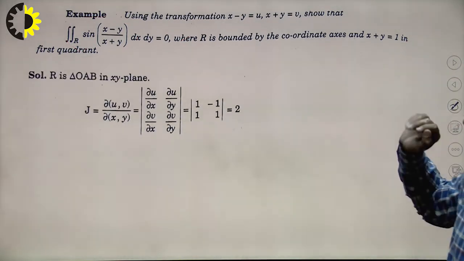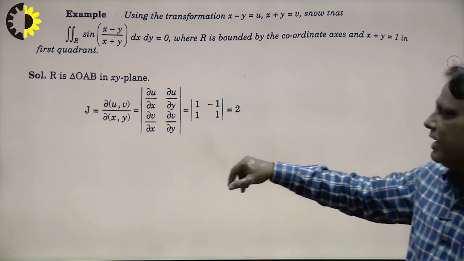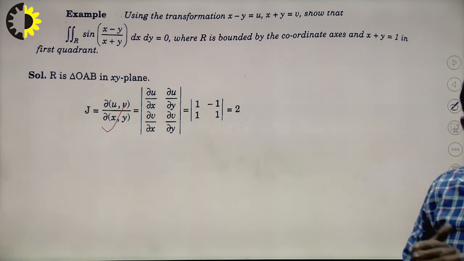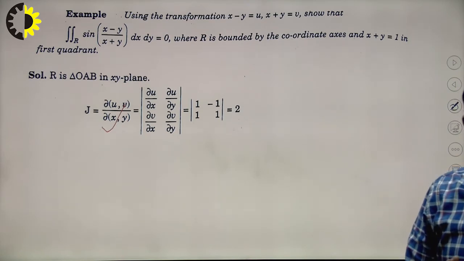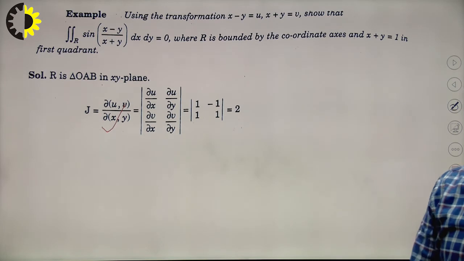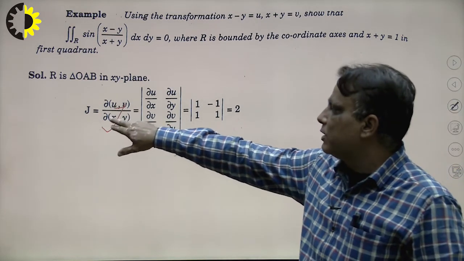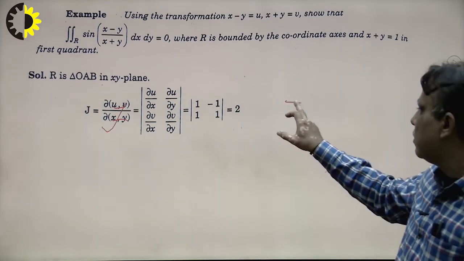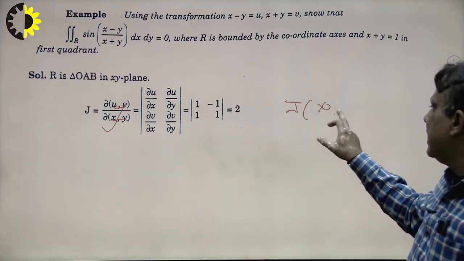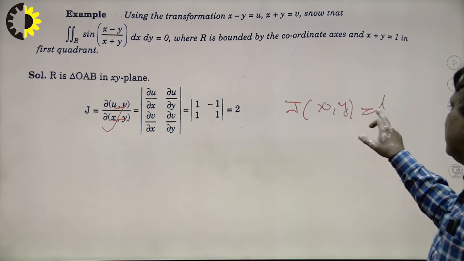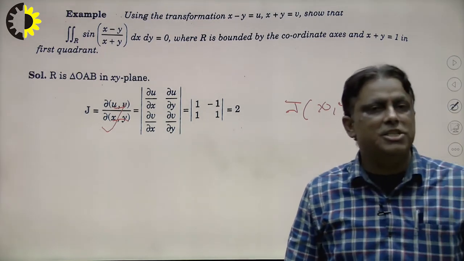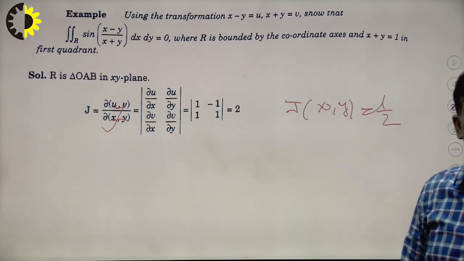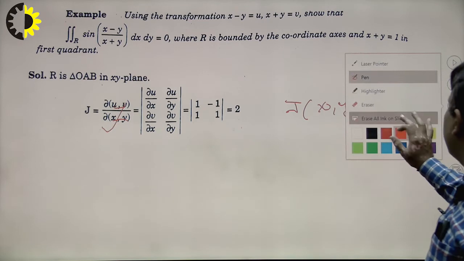Now the question is, what will be the problem here? First of all we calculate the Jacobian, and the Jacobian is calculated with the help of x and y, but there is no possibility to calculate x and y directly. So how to calculate? We can calculate directly in terms of u and v with respect to x and y, and we calculate reversely. Suppose any student can say, sir, I want to calculate the Jacobian of x, y. So what will be the answer here? The answer will be 1 by 2, because we know that J dash is equal to 1 here. I explained it when we studied the Jacobian in partial differentiation. So in this way we can find out our answer.